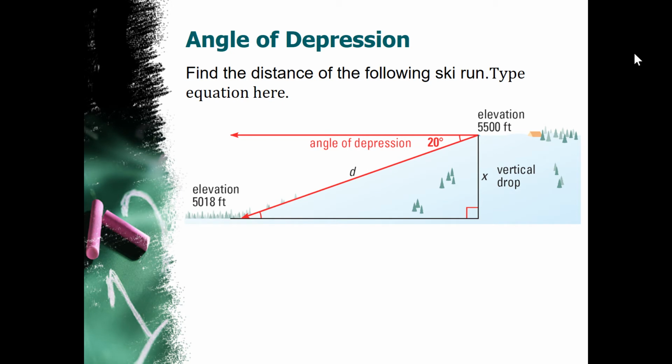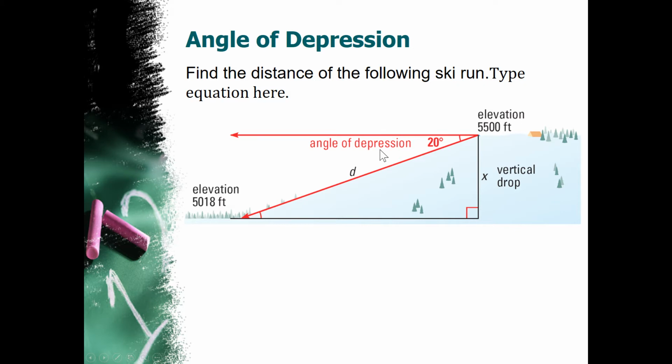In this real life example, what we're doing is we're trying to find the distance of a ski run at a ski resort. So taking a look at this, they give you an angle of depression. An example of that would be if you're standing at the top of the ski slope looking down the ski slope. If you go from an angle of level and create an angle looking directly down the ski slope, you would see that it's a 20-degree, and that's what we call an angle of depression